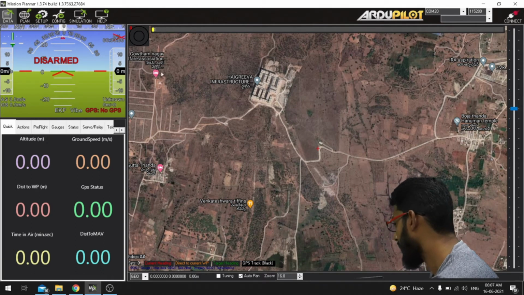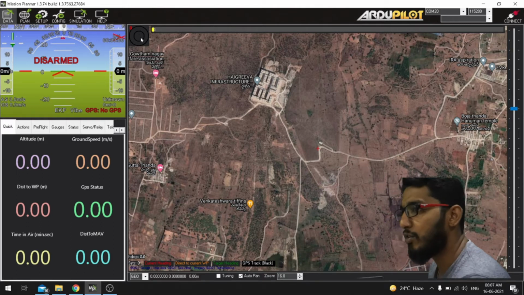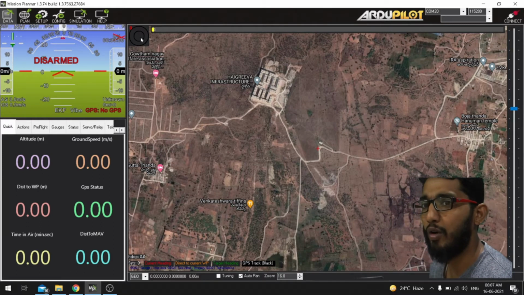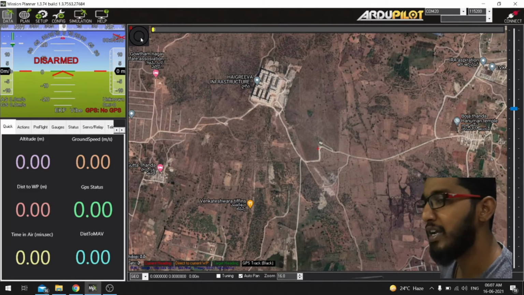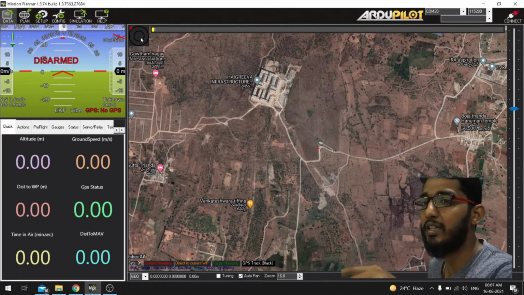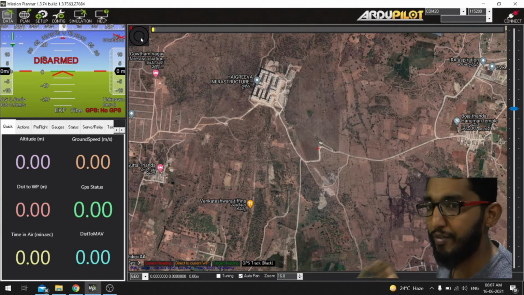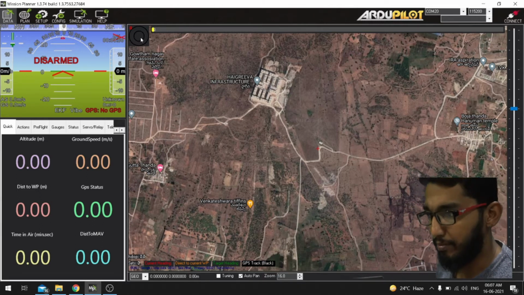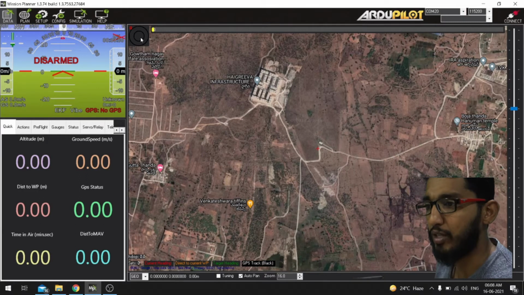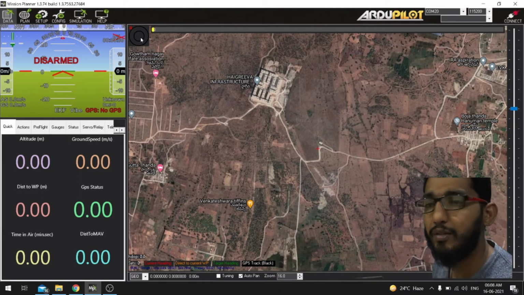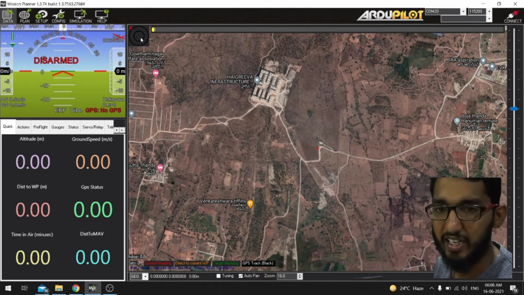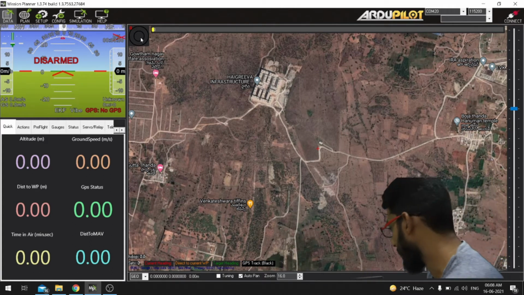Clear. And on the top left corner you will be seeing two concentric circles. When you are flying your drone or UAV, you will be able to see an arrow mark directing towards a particular direction. That indicates from which direction the wind is coming. So you can monitor wind speed also when you are flying. If, let's say, you are flying the aircraft north and south, and the wind is also blowing north and south, it becomes headwind and tailwind to the drone. So you can take action against it.